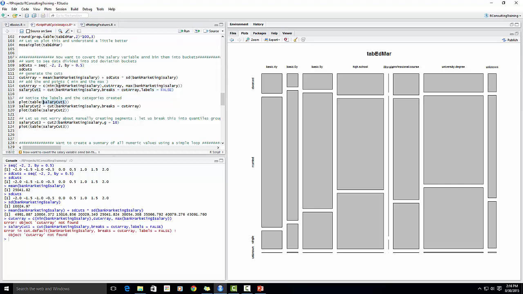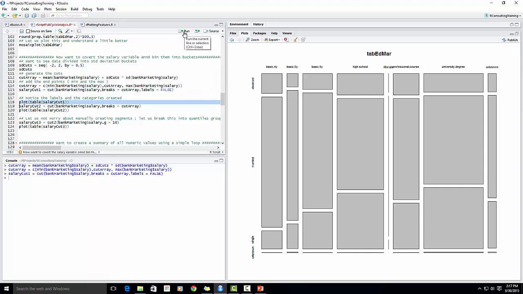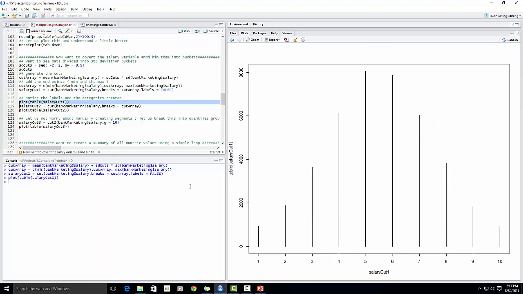I never ran that. So I ran the cut arrays. I'm adding the minimum and the maximum here, and then I am creating the salary cut. So I just want to quickly visualize what that salary cut has to offer. And if you see, as I said, it actually created 10 buckets, and it just named them 1 to 10